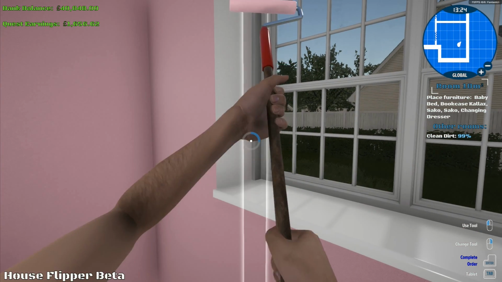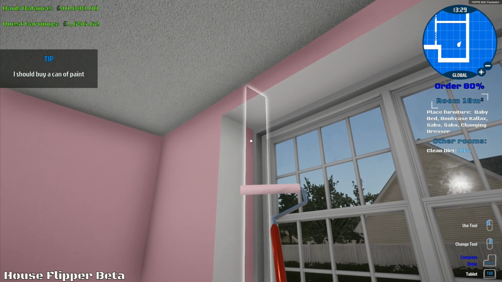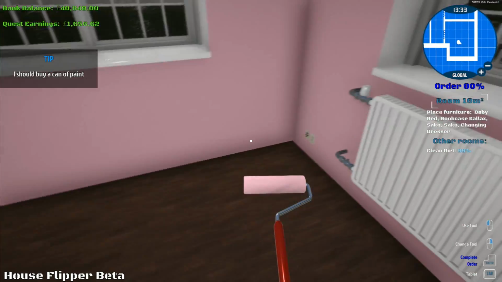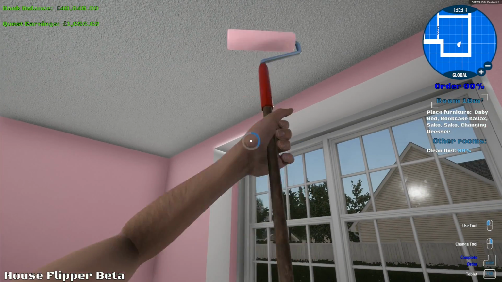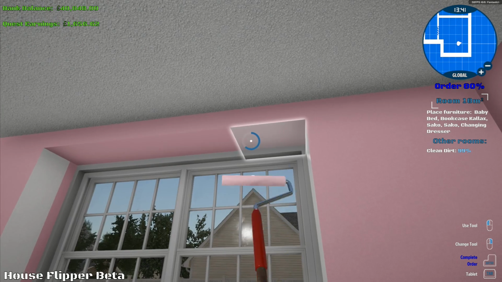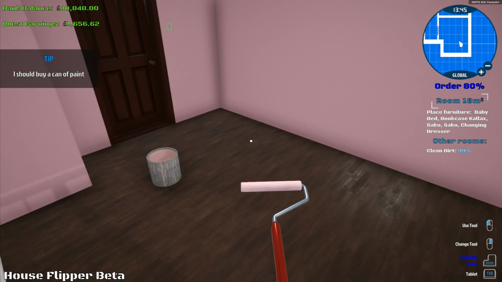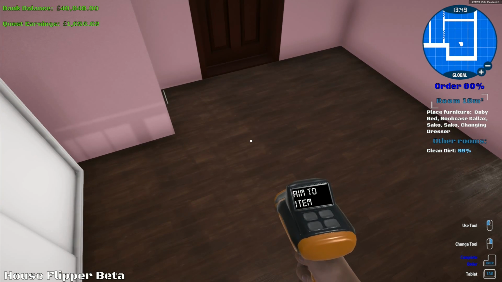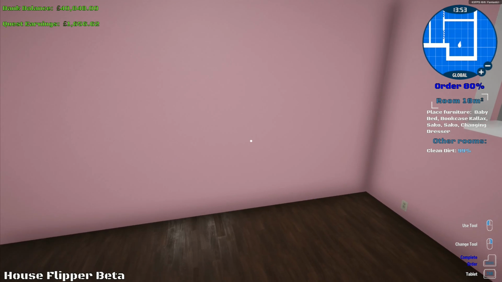So if I paint that one. Well, that didn't paint 2. How do you paint 2 at the same time? If I go... Can I do that? Well, that's not painting 2 at the same time. I don't really know what that's doing. Right, anyway, we'll sell that little bit of paint that's left, so we don't get any money back for it. And we want to get...